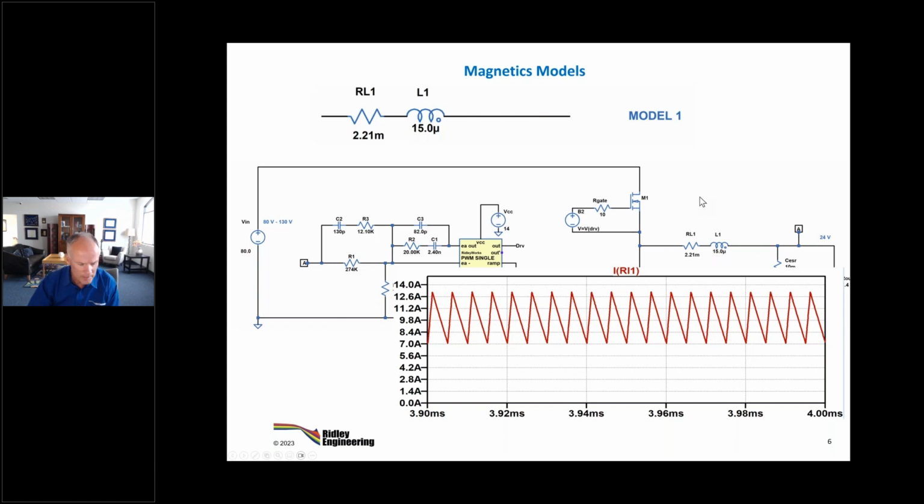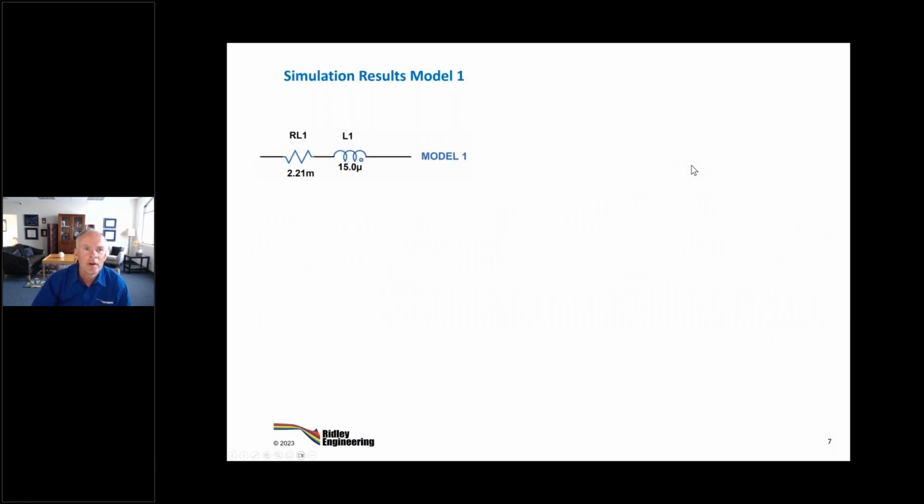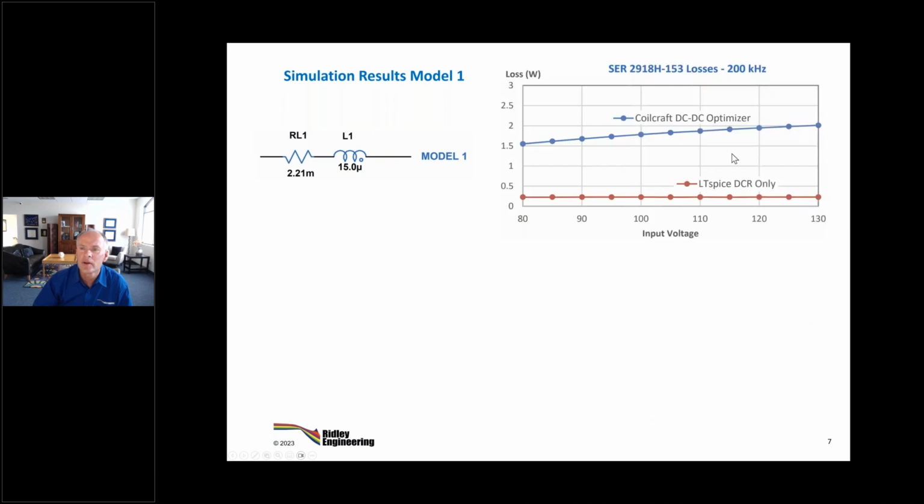This is model number 1. And here's the simulation results. So we're working with this Coilcraft part now, and congratulations to Coilcraft and the other manufacturers for doing a really good job of predicting all the losses under different conditions. They've all got their own particular little model for running the inductors, and you have to go to their specific design page on their web. Everyone's different, so you can't compare a Coilcraft versus a Wurth versus Coltronic versus anybody else's. They all have their own very specific program that you can go into to look at the dissipations here.